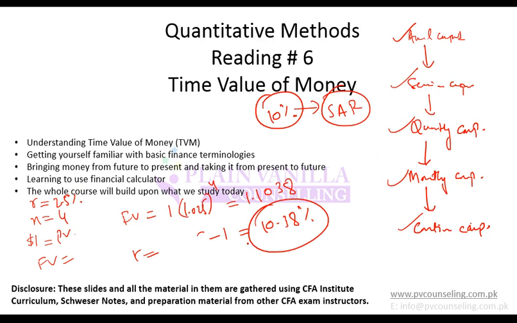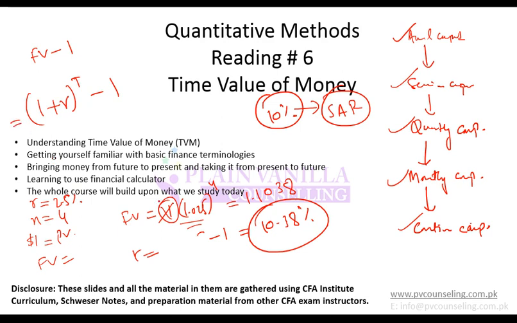So what am I actually doing? I am calculating a future value and subtracting the investment from it. What is my investment? 1. So which means I am calculating a future value and subtracting 1. If I calculate future value, subtract 1, that should give me the EAR. And how do I calculate future value? Present value into 1 plus r to the power t. Present value is 1, so whether I write it or not doesn't make a difference. So that means my future value is simply 1 plus r to the power t.